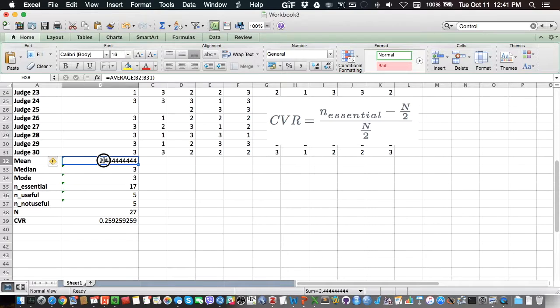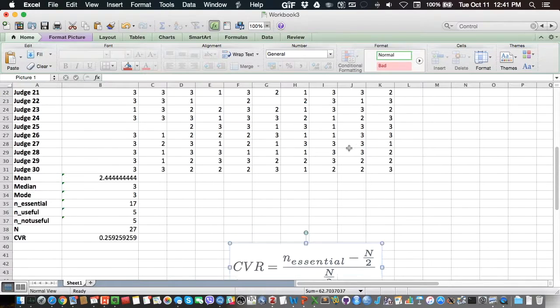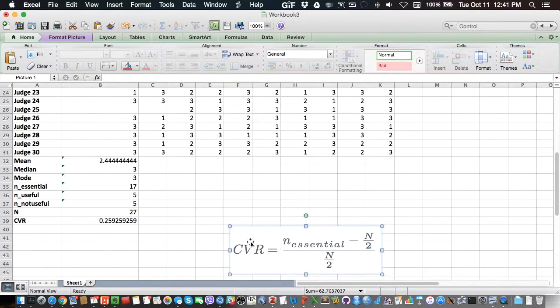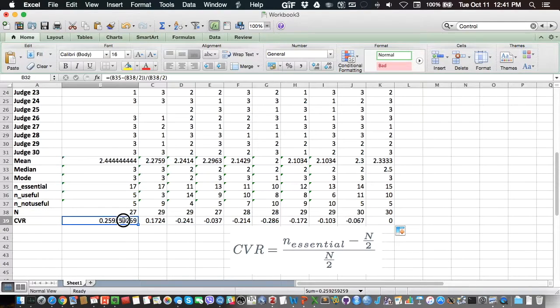And as I explained, the good thing in Excel is that we can automate the process through all the items here. So all I need to do now is just select all of these stats that are created, and then I pick this little thing here at the bottom right hand corner. Remember I have to select all of them, and then I click on this one and drag it right to the last item. And here I have all my content validity